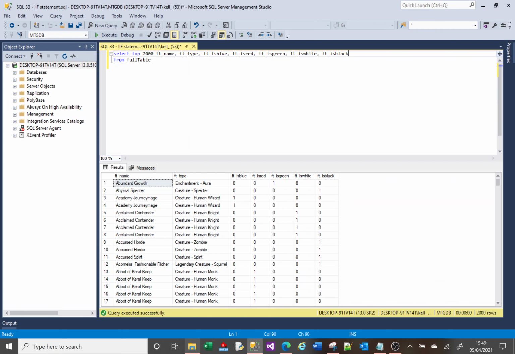So on screen I've got a basic select against a table, and what I want to do is write another column here that will show me true or false if this column is 1 or 0. Okay, so if I do IIF,